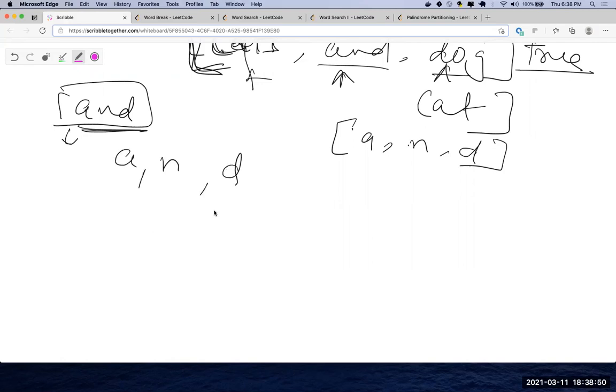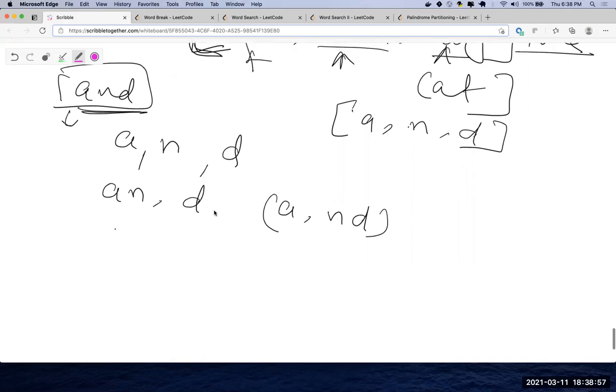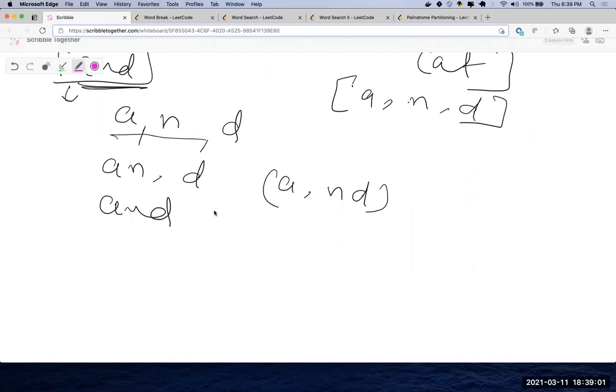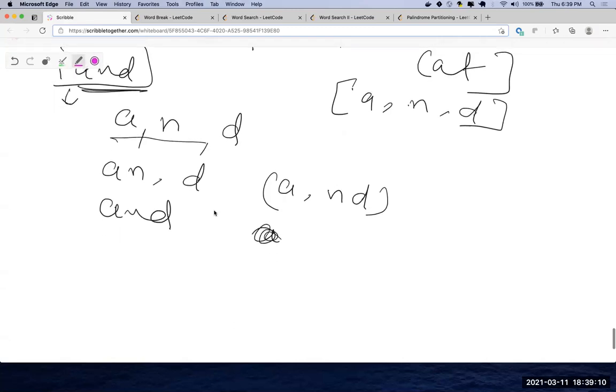Permutation, right? All the permutations. Permutation plus all the subsets. No, I'm asking, these are the words you can break up into, A and D, then A and ND, and yeah.